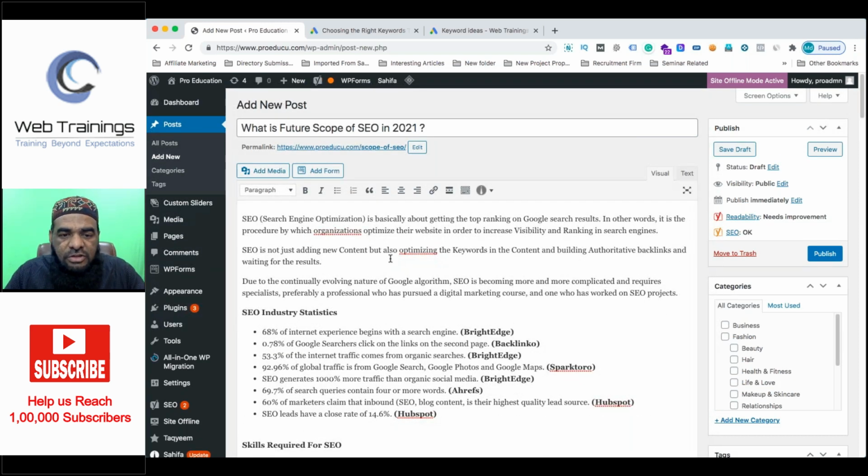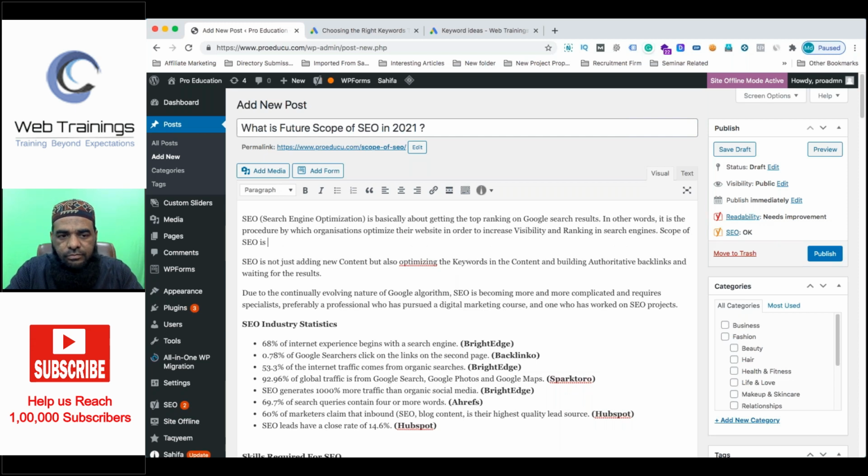Search engine optimization is basically about getting top traffic and top ranking on Google search results. Organizations optimize the website in order to get higher demand for quality SEO professionals.